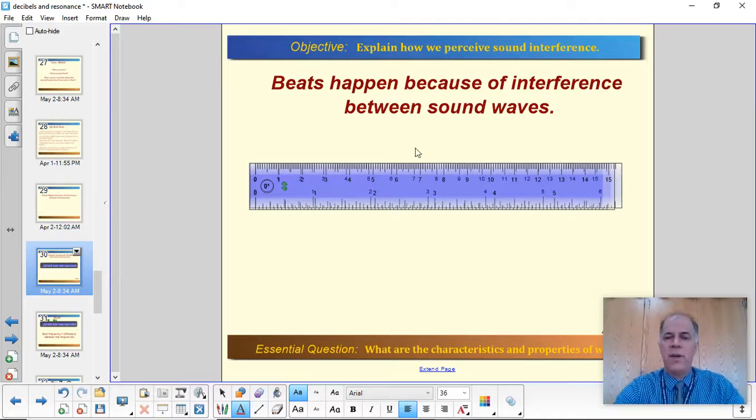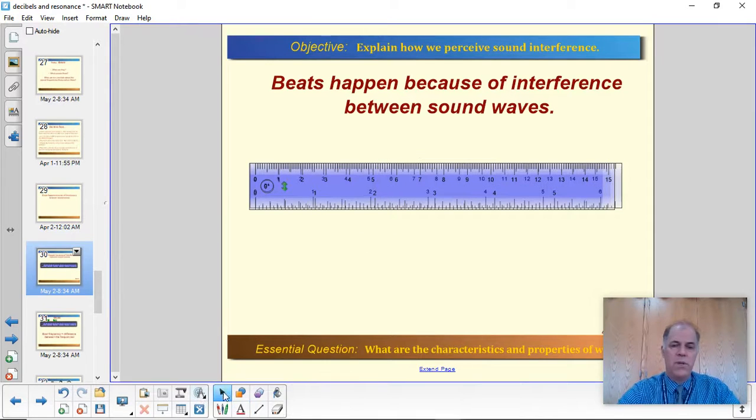Okay, so this is an illustration of how it works. I have 2 rulers that are superimposed on top of each other. I've made one of the rulers slightly longer than the other one. So you can see the numbers don't match up. And the farther it goes, the farther apart the numbers are getting because one ruler is a little bit stretched. Now, at the start,